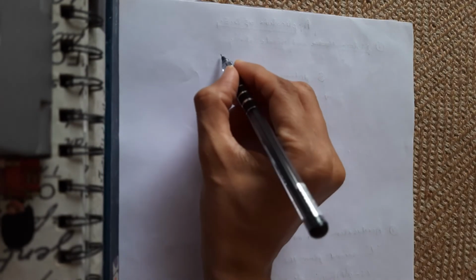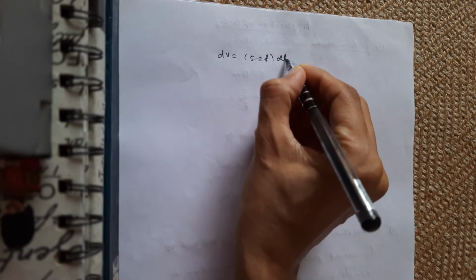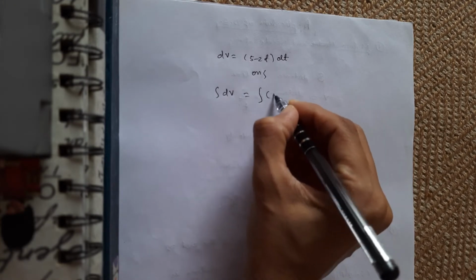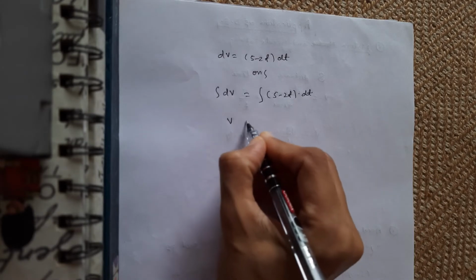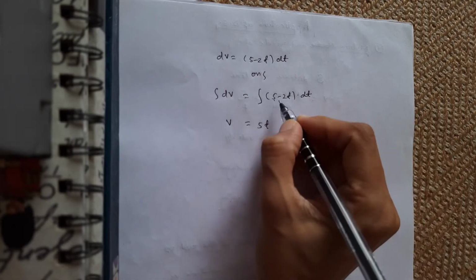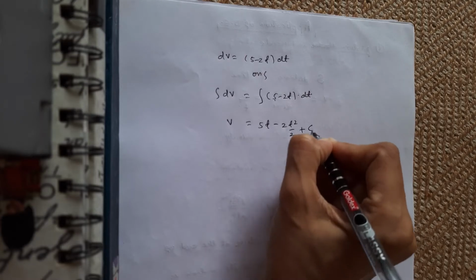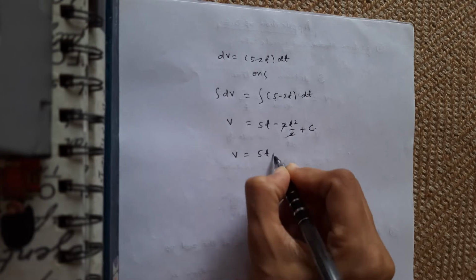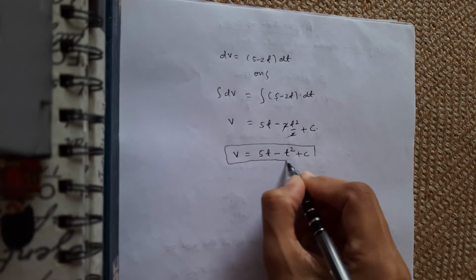So I have dv equals to (5 minus 2t) dt, and on integrating I will get integration dv equals to integration (5 minus 2t) dt. Now v equals to 5t, integration of 5 is constant outside, minus 2t square by 2 plus c. This 2 gets cancelled. V equals to 5t minus t square plus c. This is the velocity at the point